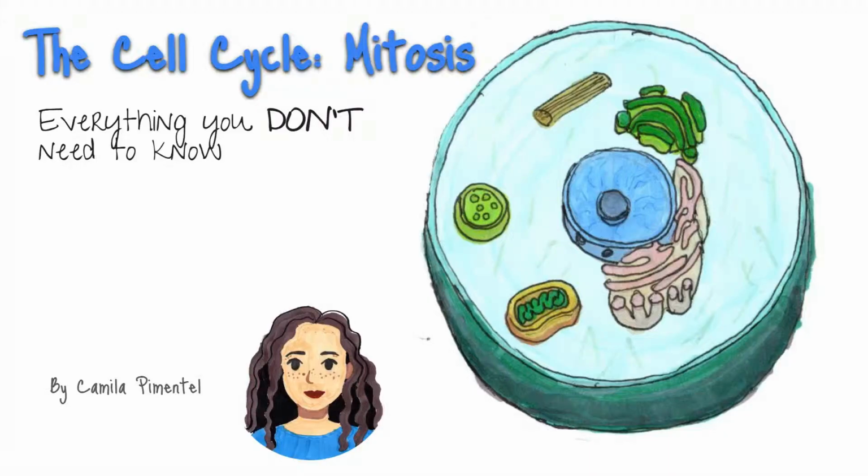Let's begin with something basic and make it complicated: the cell cycle. Mitosis. The cell cycle is a succession of events that lead, in its shortest definition, to making two cells out of one. But this is not all. The cell cycle is a process that's led by both external and internal regulators, and it is far more complex than the "one cell makes two" statement I made earlier. So you can get the general idea.